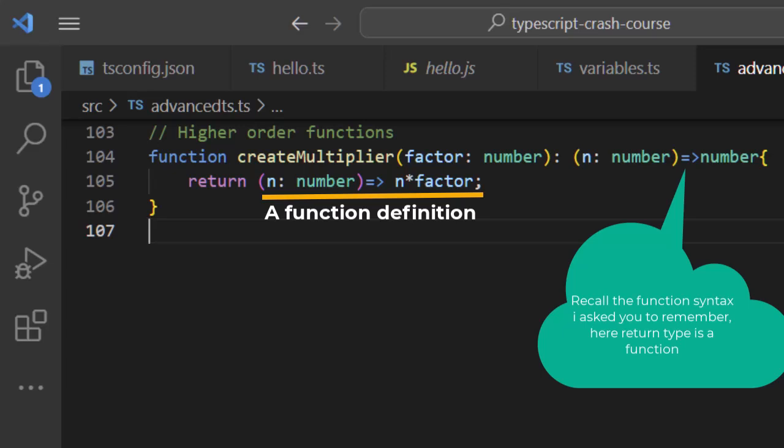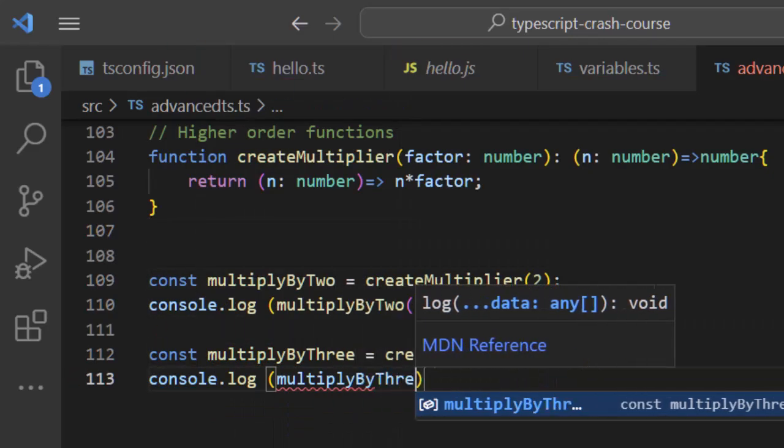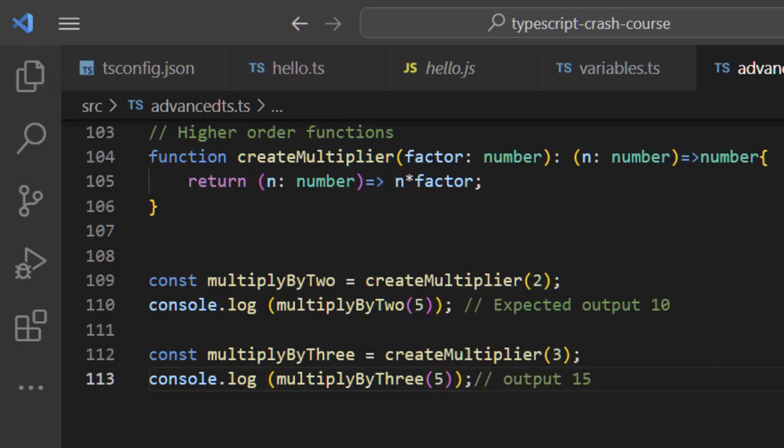We can create a multiplier function for any factor and then use it to multiply a number. Is it starting to make sense now? As you can see, we created two different multiplier functions, one that multiplies by 2 and another that multiplies by 3. By calling createMultiplier with different factors, we create new specialized functions. This is a great example of how higher order functions can be used to generate custom behavior dynamically based on